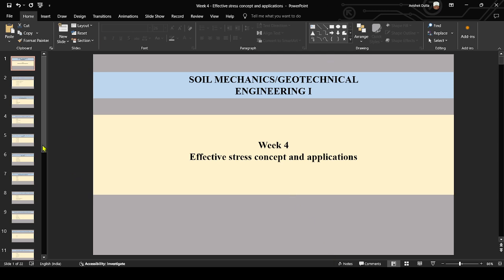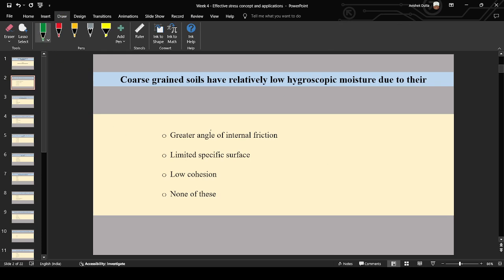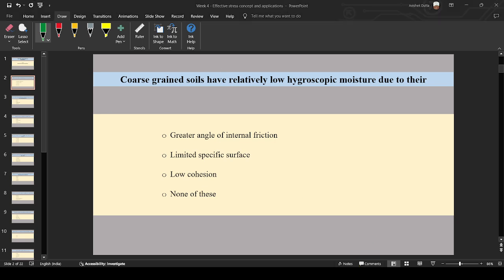Okay, I'll start. The first question was, coarse grained soils have relatively low hygroscopic moisture due to their... What is the meaning of hygroscopic moisture? Has anyone answered this question? Coarse grained soils have low hygroscopic moisture because